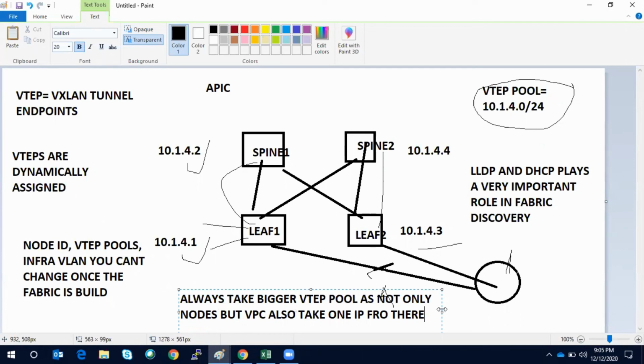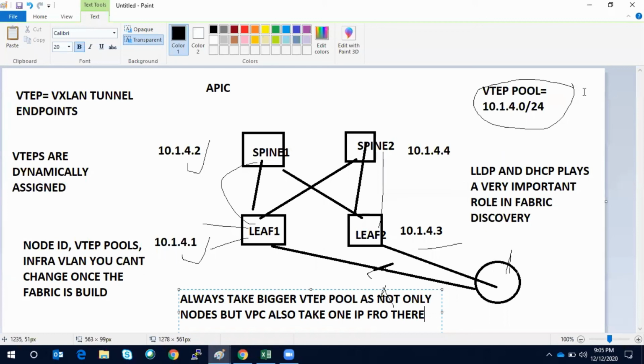So if you want, you can make note of these points. Here I have written that LLDP and DHCP play a very important role in fabric discovery. So if LLDP and DHCP are not working on your UCS C series server, it is not able to do the discovery. Then what is the VTEP? VTEP is nothing but a VXLAN tunnel endpoint.